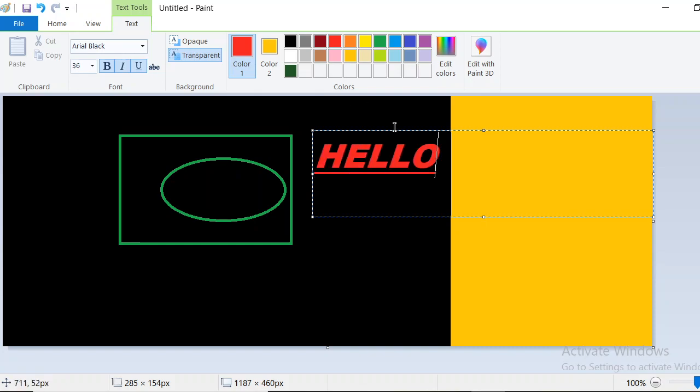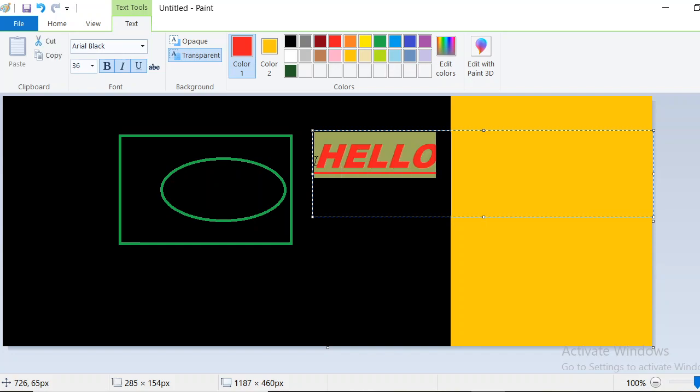Hello. Then if you want to change the color, that also we can. Another color you can use. Then if you want to make it bold, bold in the sense means make it dark. Italic, slanting, underline also you can. These are the 3 styles available in computer: bold, italic, underline. That also we can do.